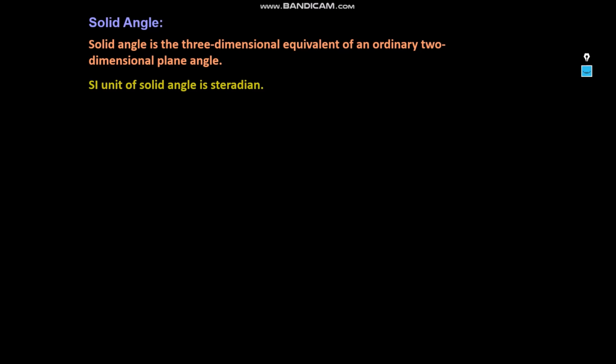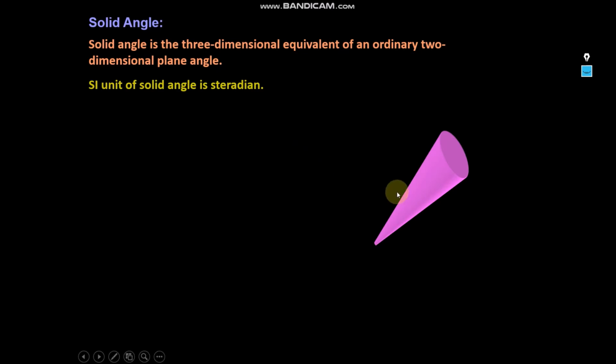The SI unit of solid angle is steradian. Suppose this is a cone, not a regular cone, but it is a cone, and this is dS, some area, and this is a point P, from where we joined all the corners of this circle. It's a three-dimensional concept; you have to imagine. From point P, I have drawn a normal here, a straight line piercing this circle at the center. Now this is r cap,